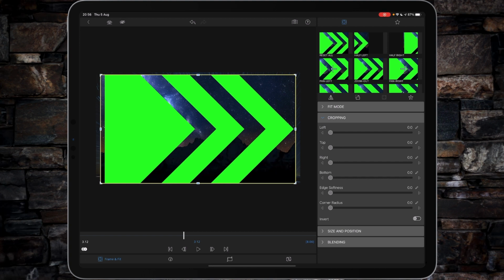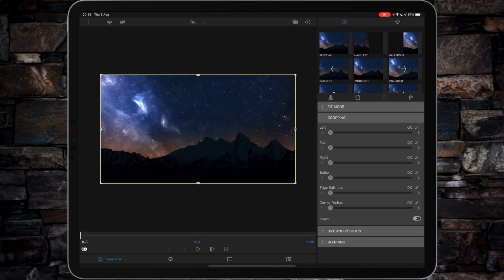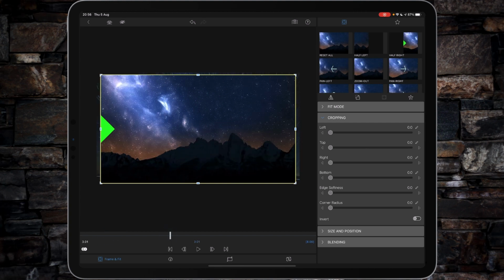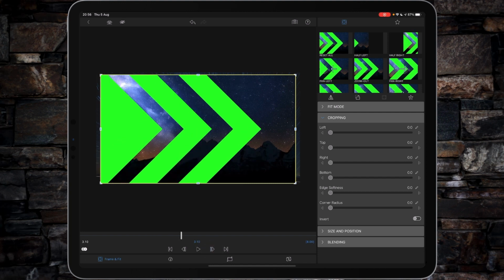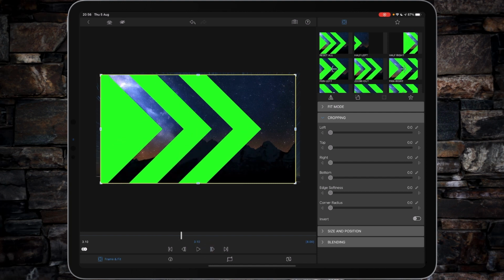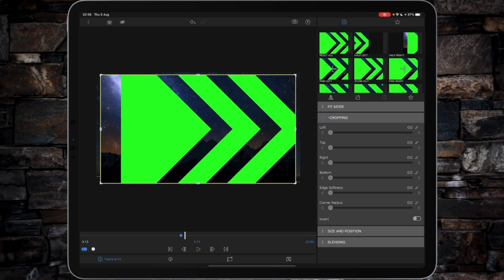Now what we want to do is position things so that, let's check everything's working through. Probably start around, let's see, 3 seconds and 10 frames in, and I'm going to drop my first keyframe, and then I'm going to go 1, 2, 3, and then what I'm going to do now is take the left cropping slider and